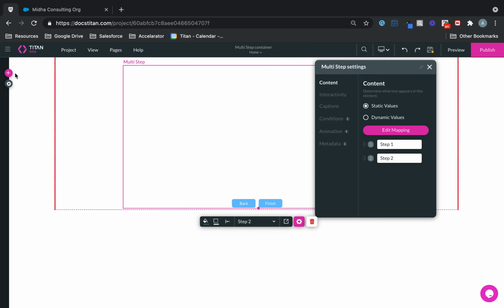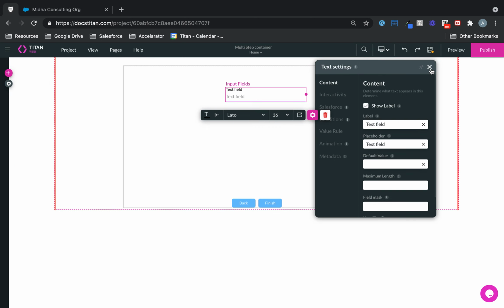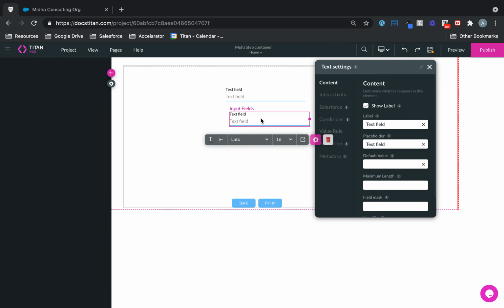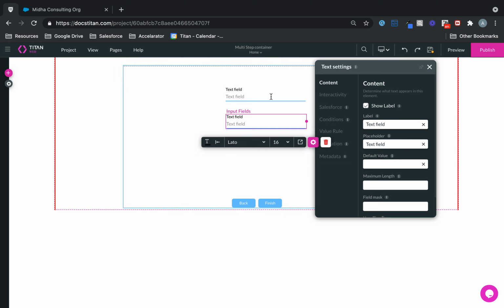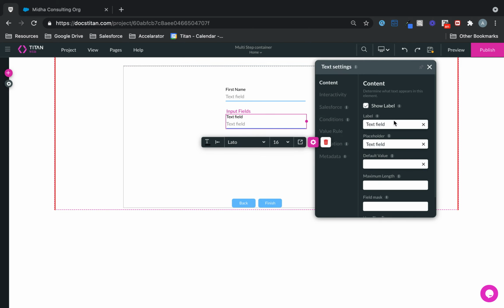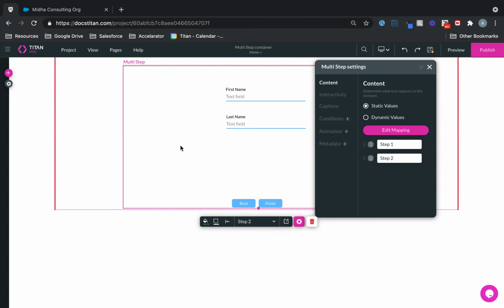So next, which is the last page, I'm also going to create, let's say, a contact. Simple. I won't spend too much time here, just give it a first name and last name, and that will do. First name, last name. Okay, so once you've got that configured, if I click on the multi-step container, you also have dynamic values